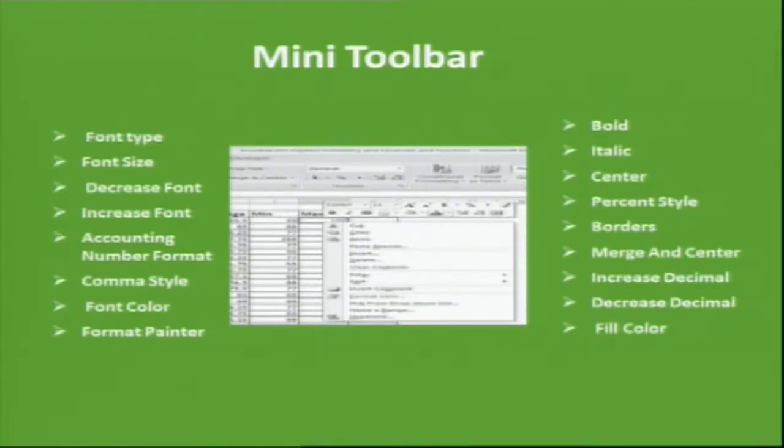Then the merge and center option will help us to merge the content and put it in the center. So the merge will be merging some set of rows or some set of columns. If you give merge and center, it will merge some selected cells, then it will display the content in the center of the particular cells. Increase decimal and decrease decimal, we have discussed earlier. Then fill color, it will give the color to your content. So if I have selected black color to be filled for my particular cell, that color will be applied to the particular cell or range of cells which we have selected.